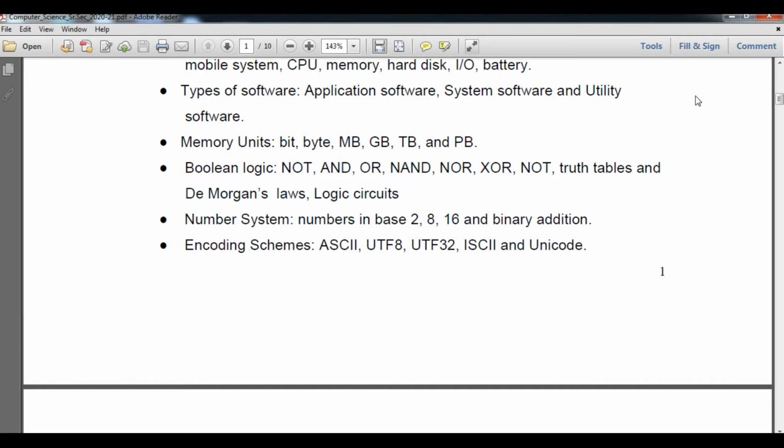In the last video, students, we understood Boolean logic, in which we covered the NOT operation, AND operation, and OR operation, along with their gates: NOT gate, AND gate, OR gate, NAND gate, NOR gate, and XOR gate. After that we understood what a truth table is, De Morgan's law, and Boolean algebra's laws also. In this video we are going to understand logic circuits.